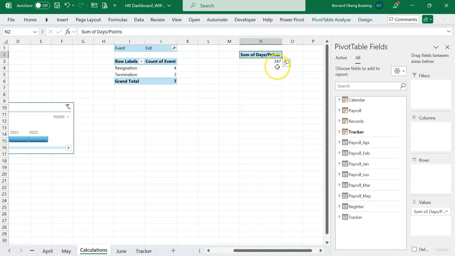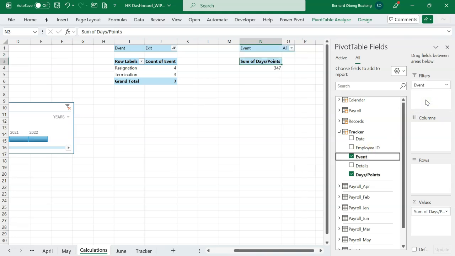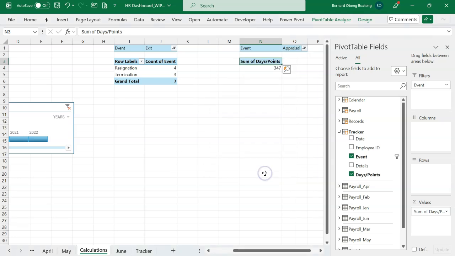It gives us 347. But why are we here? We are here because of appraisal. So I'm going to open this up and then take the events into the filter section. Over here, I'll look for appraisal. This is our appraisal, and when I filter, I get 347. It's the same because in the table, you realize that we only awarded points in that column for appraisal,